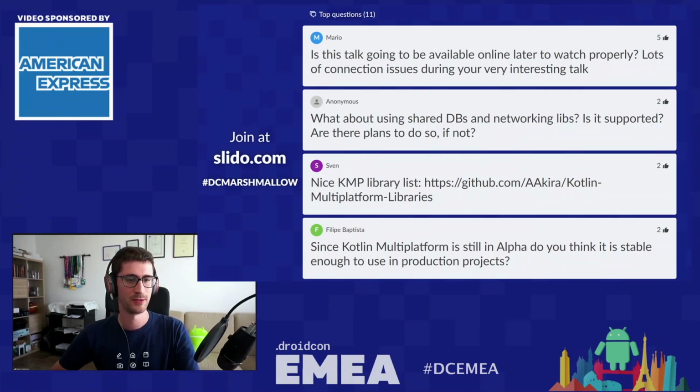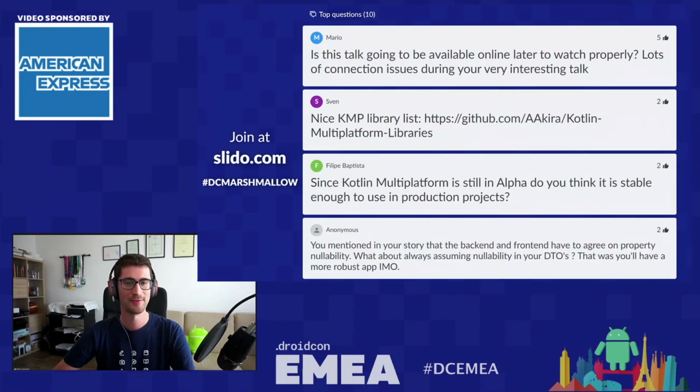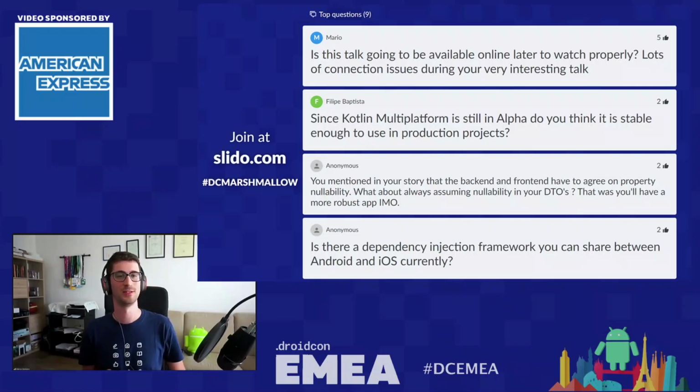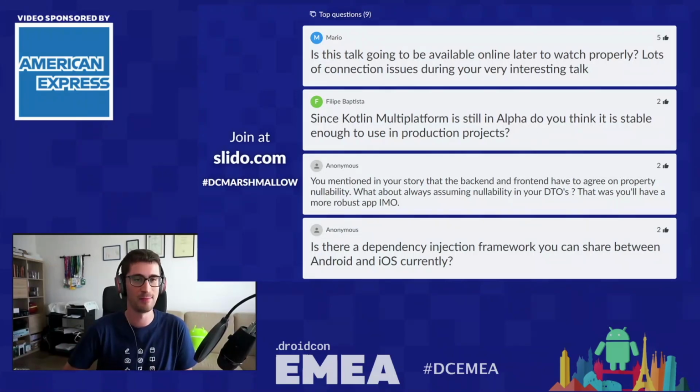Another question: since Kotlin Multiplatform is still in alpha, do you think it is stable enough to use in a production project? I've kind of already answered it, and yes, I think that you can use it in production, even if you have to keep in mind that things may not work because you are in alpha, but